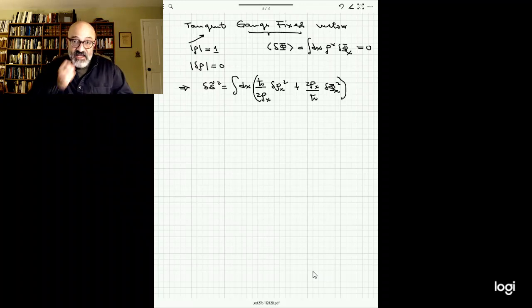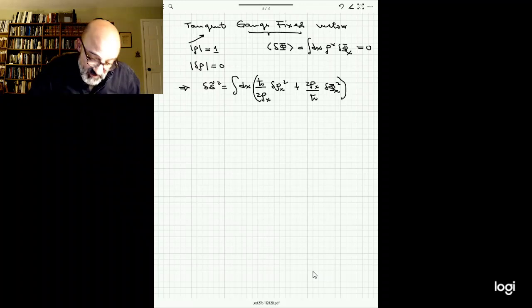So that's the metric, and if we want to write this in terms of components,